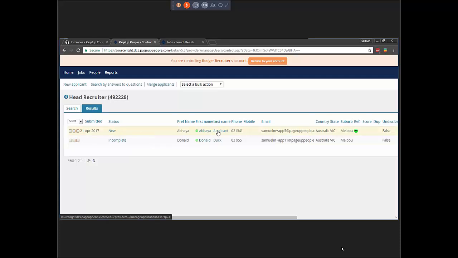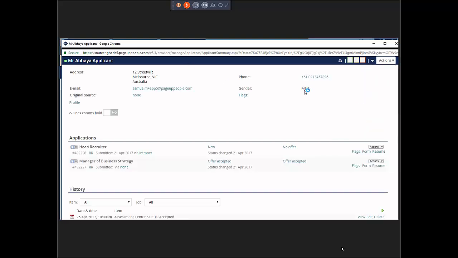So what we can do now is do a bit of screening. Screening works quite easily in the PageUp system. It means you can go through a list of applicants rather quickly and hopefully look at their forms, look at their profiles, and make a really quick assessment having all that information. So we can click the little form link here or the little resume link here,